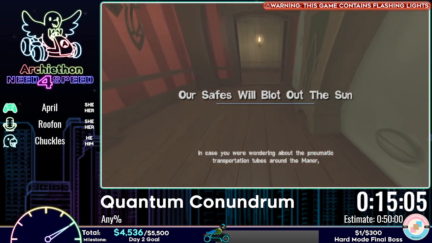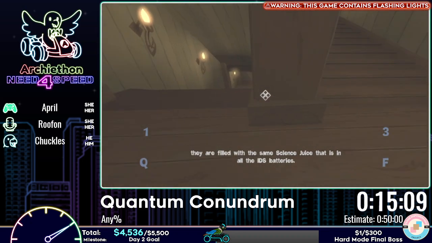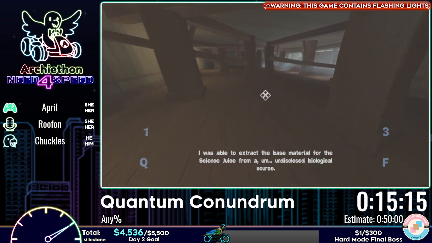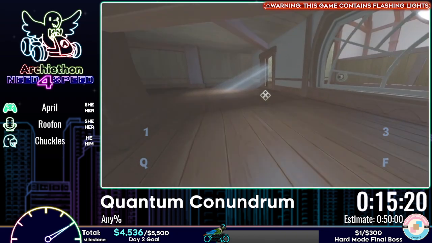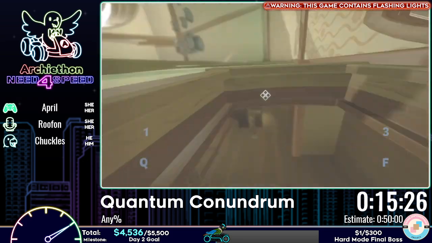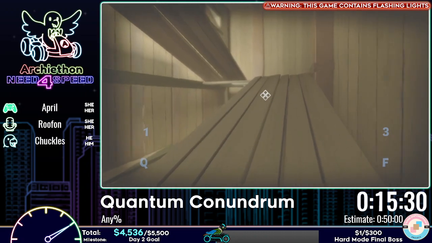In case you were wondering about the pneumatic transportation tubes around the planet, this is the yellow dimension, filled with the same science juice that is used for the batteries. Yes, I was able to extract the base material from a source. You can't see that very well because we get through it very fast, but